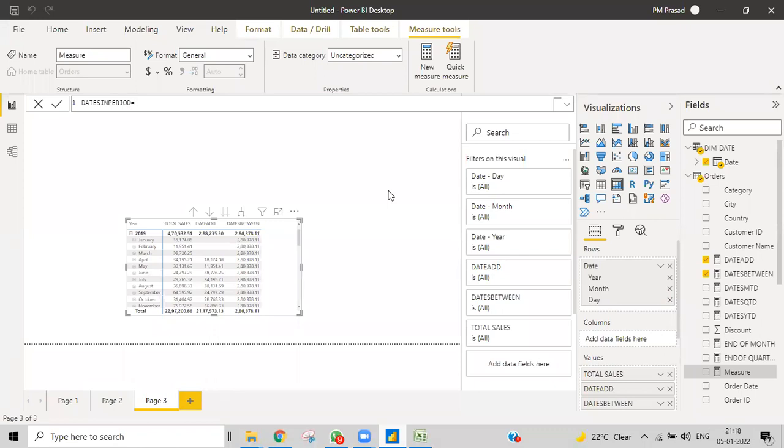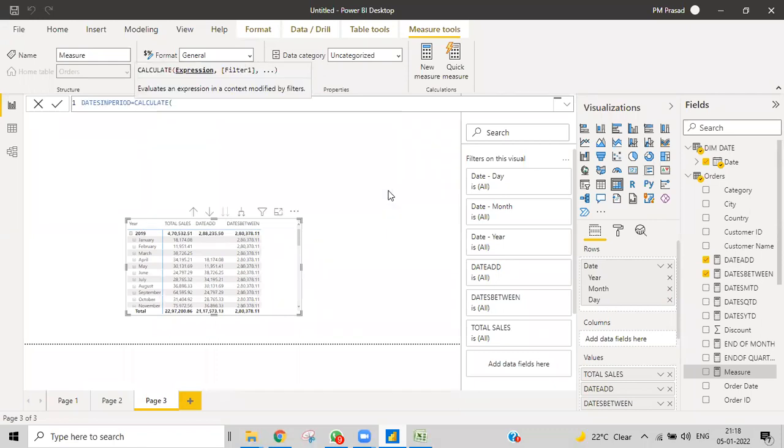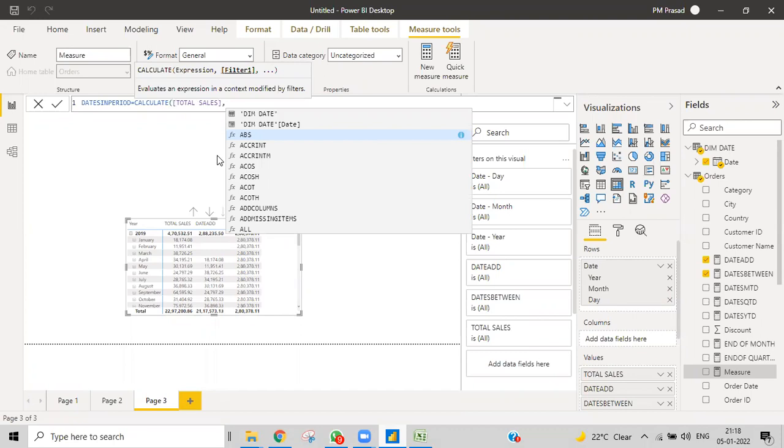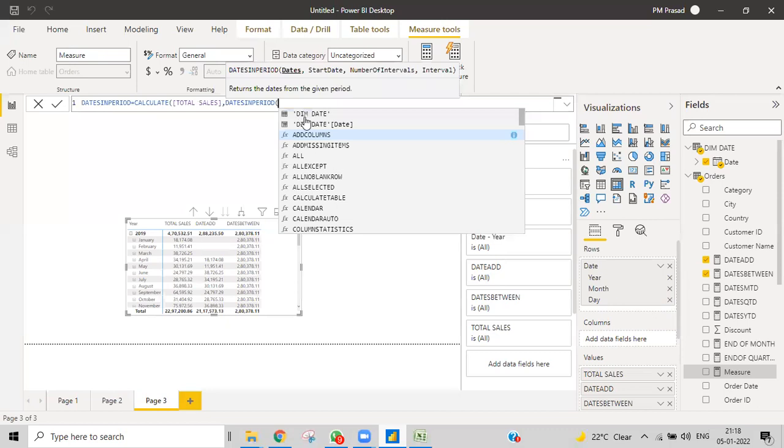DatesInPeriod equals CALCULATE total sales, and then DATESINPERIOD. Here you can see IntelliSense at the top; IntelliSense will tell you what you need to do.